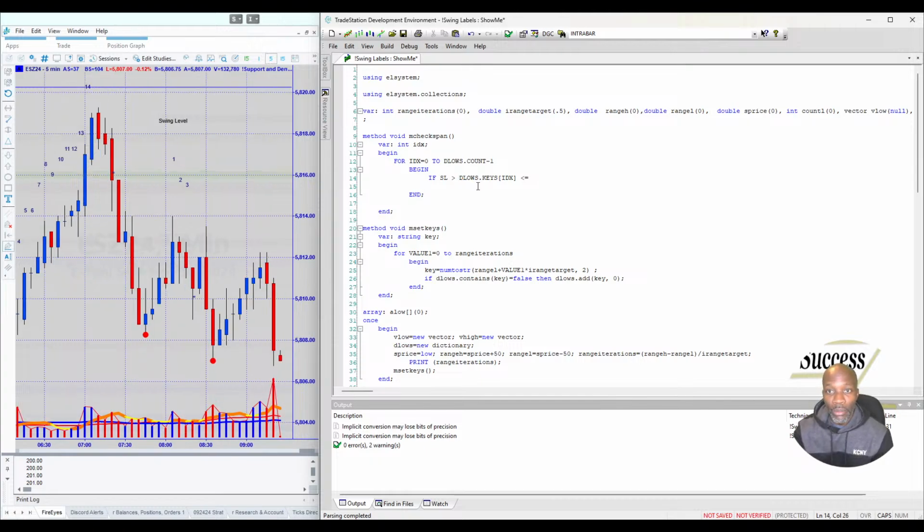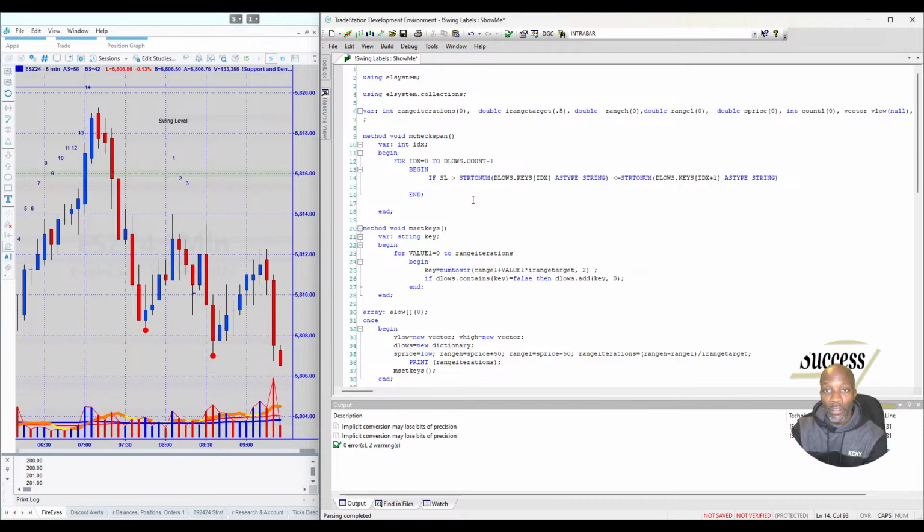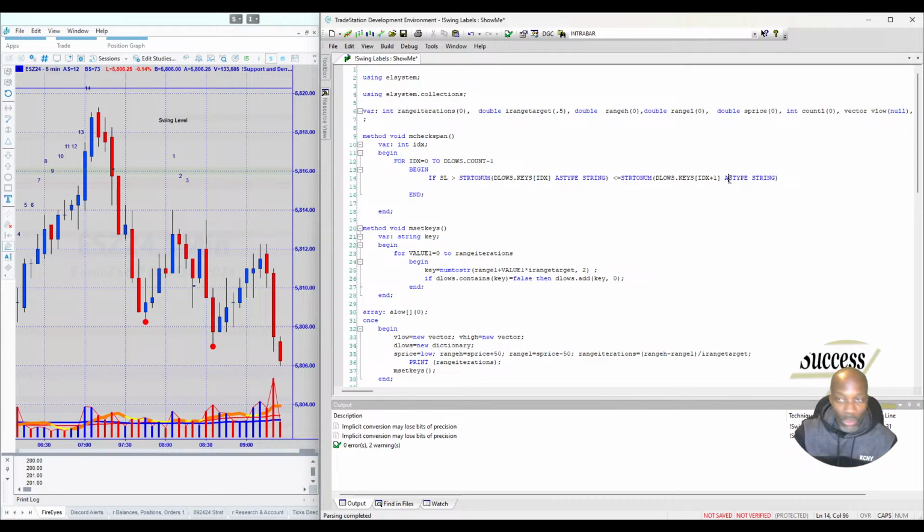We need to convert the string to a number, but it's going to come out as a string. So string to number of this string. All right, so now this will be a number. So if the swing low is greater than this number and it's less than the number after it, index plus 1, I hope we don't get into any index issues, but if we fall within that interval, then